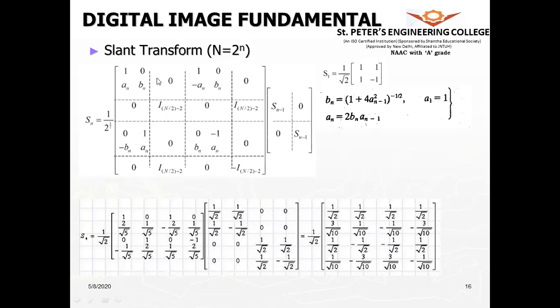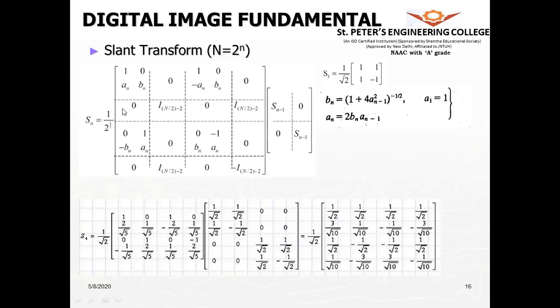So for example, if we are going for an 8 by 8 matrix, then the first row will be 1 0, and then the next 2 will be zeros because of the 0 matrix there, and the next 2 values will be 1 0, and the next 2 values will be 0 0. If you come to the next row, it will be an bn, and since there is the 0 matrix there, it is 0 0. Then you will have minus an bn, then the next 2 will be 0 0.